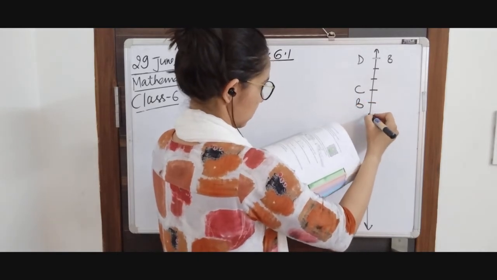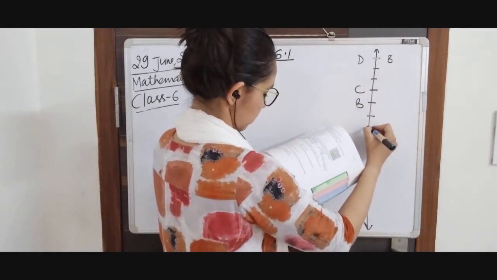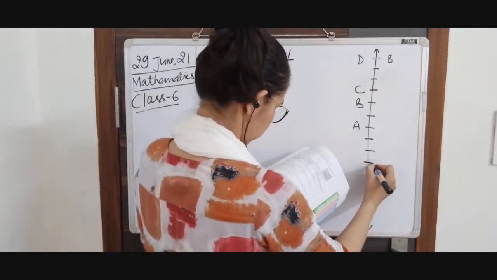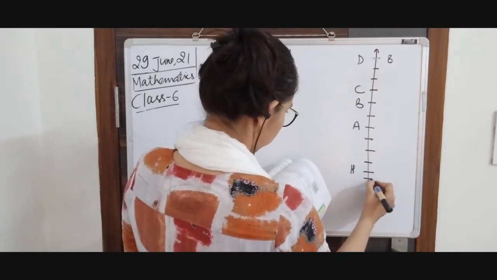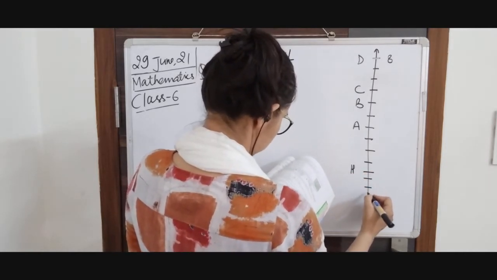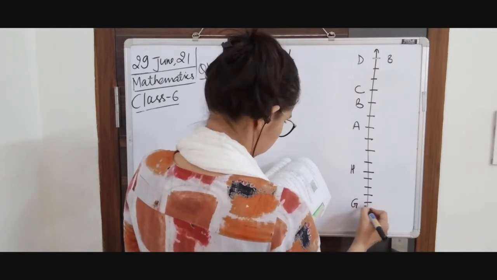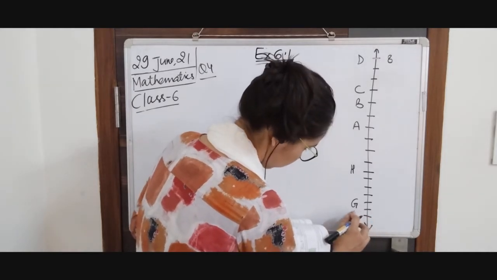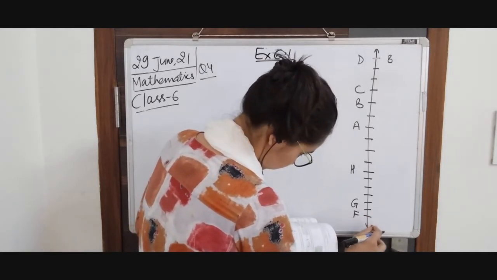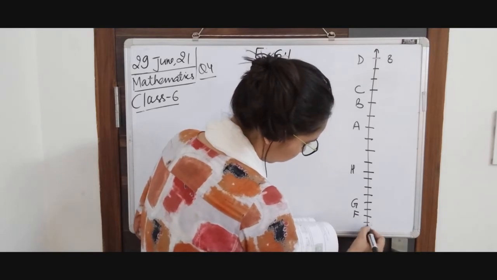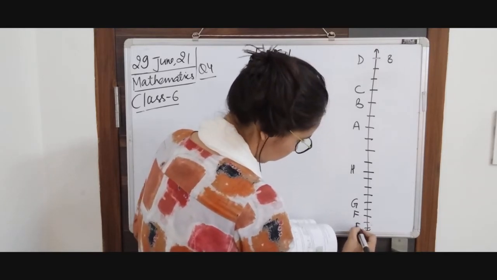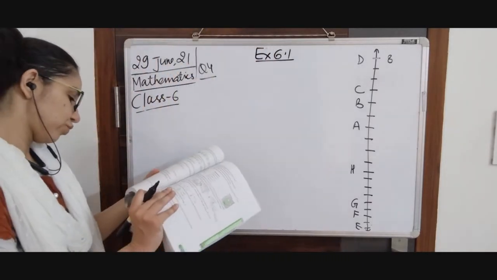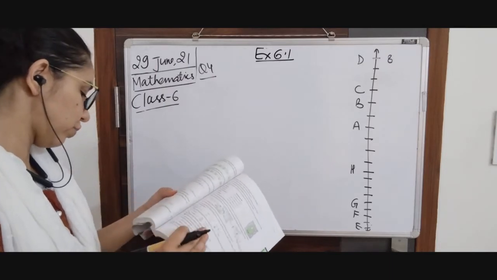4, 3, 2, 1, 0, -1, -2, -3, -4, -5, -6, -7, -8, -9 and -10. So this is our E here. This is the number line which is given to us, and we have to observe it and locate the following